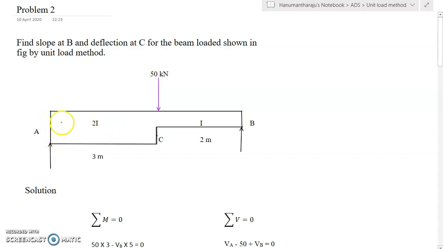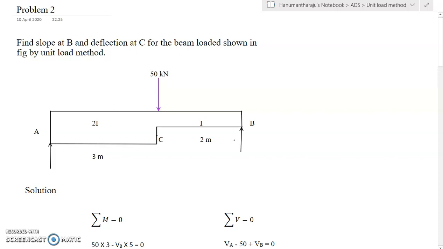Here, a simply supported beam is given with varying moment of inertia. In the portion AC, the moment of inertia is 2I. In the portion BC, it is I. A concentrated load of 50 kilonewton is placed at point C. We need to find the deflection under this point C and the slope at point B